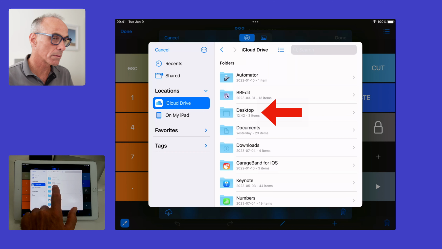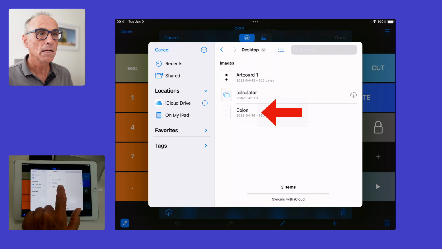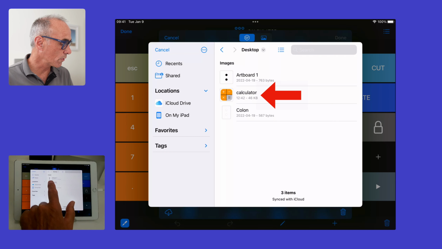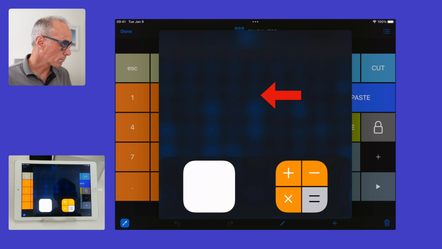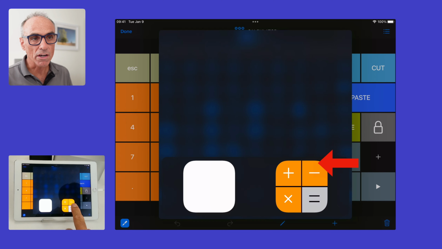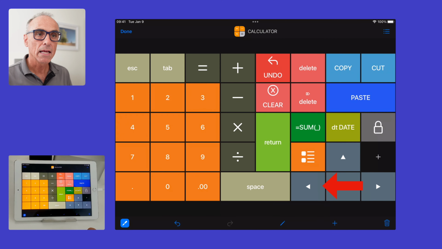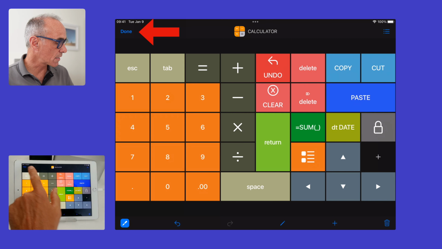I'll hit desktop, and now we can see that I've got a calculator icon that shows. I'm going to touch that icon, and it looks like there's two icons there, but I'm going to touch this one, and as you see now, it's showing up with the name calculator and the icon that I've chosen. Once I've done all that, I can select done,